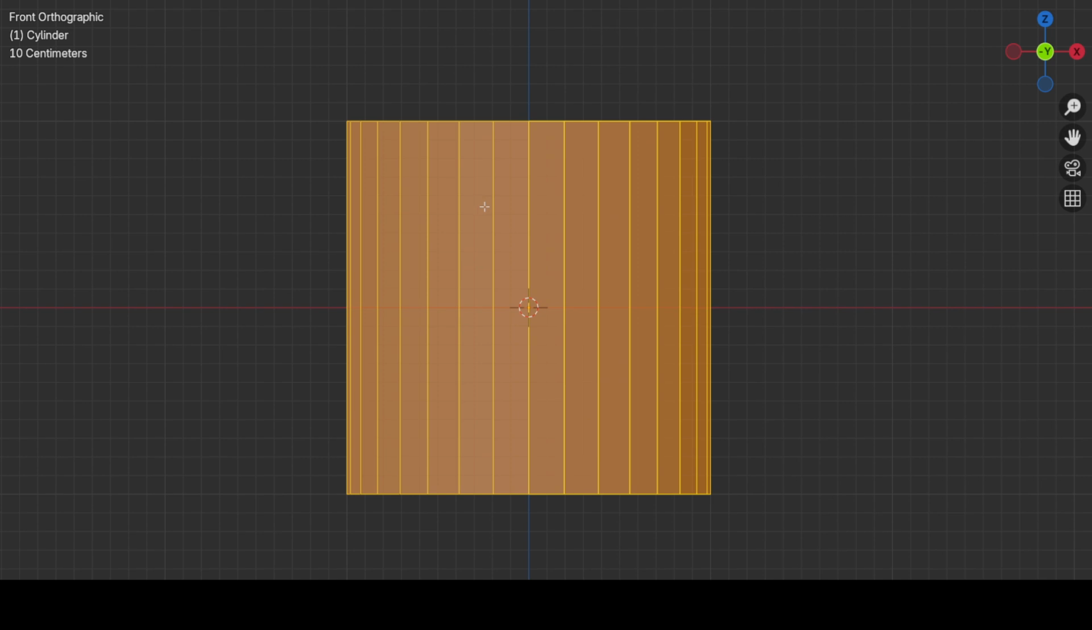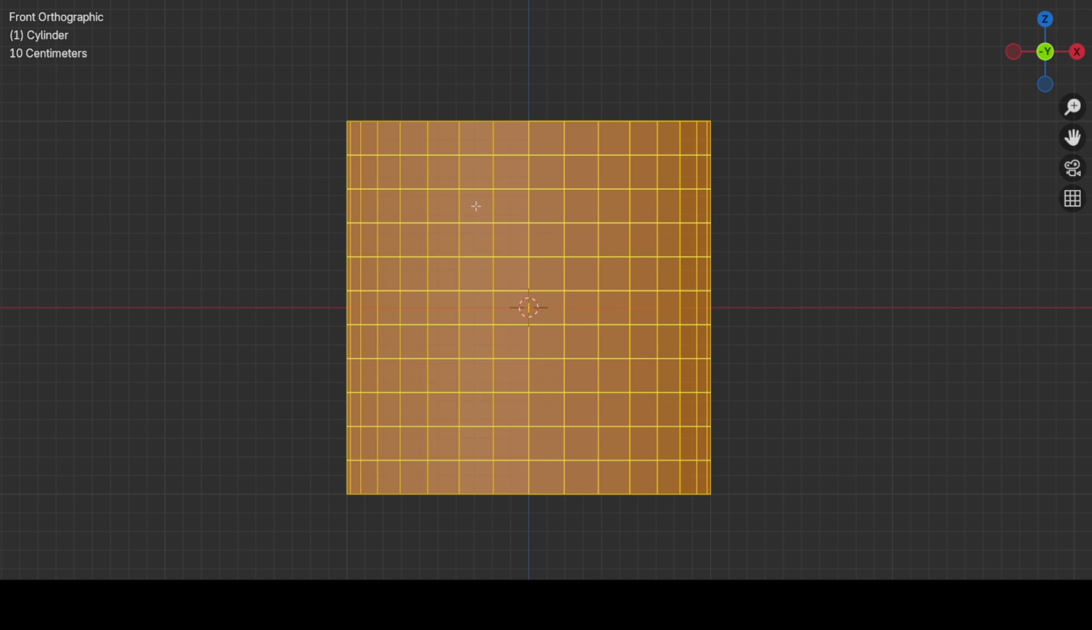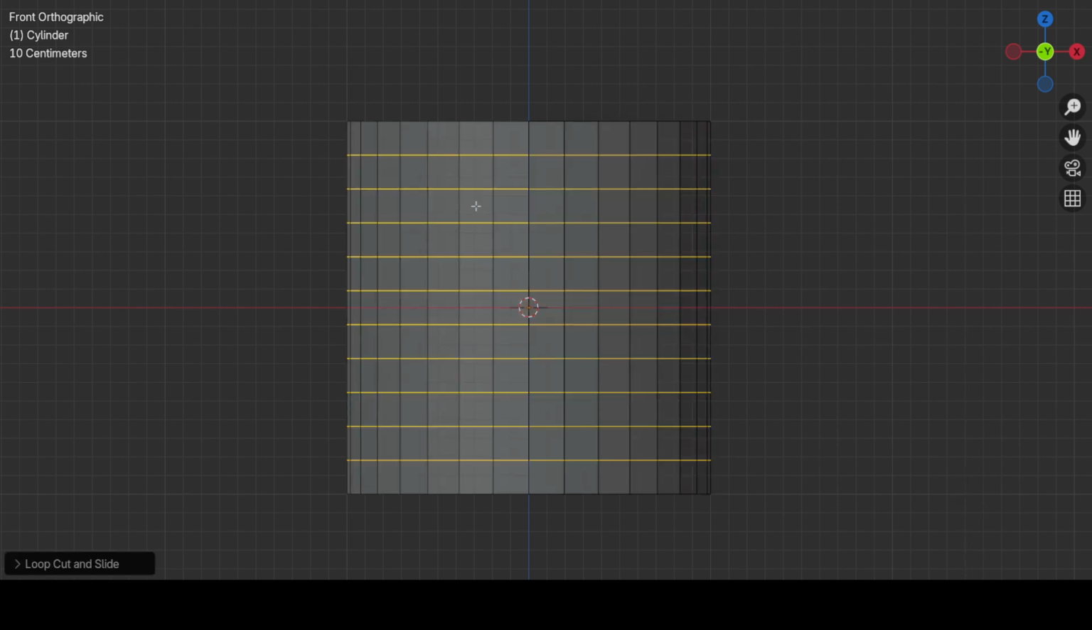Now I am going to press Ctrl R and add more points, till we attain the squares here. It should be square based, and let's see how many we have added. So you should be careful while adding